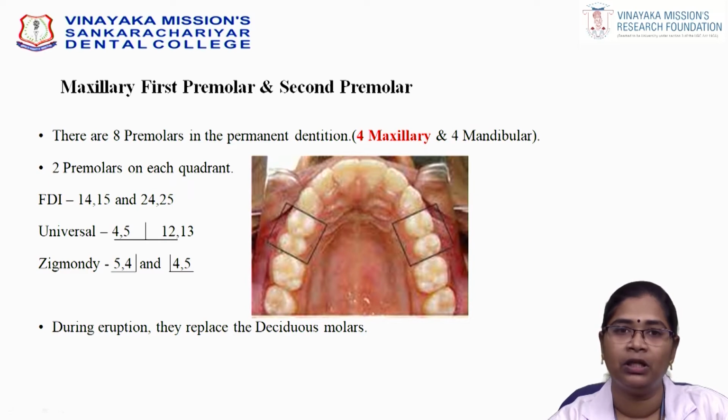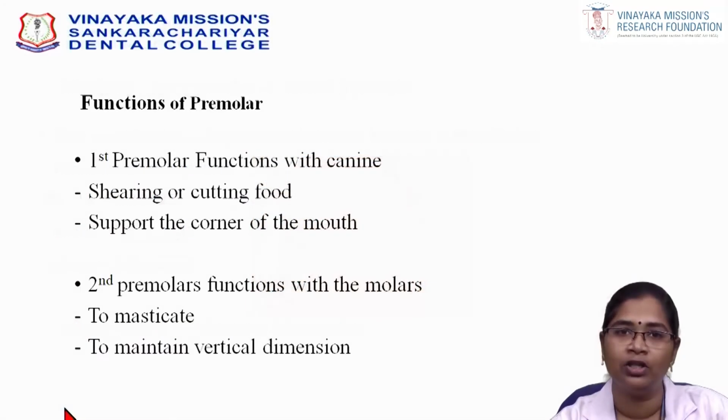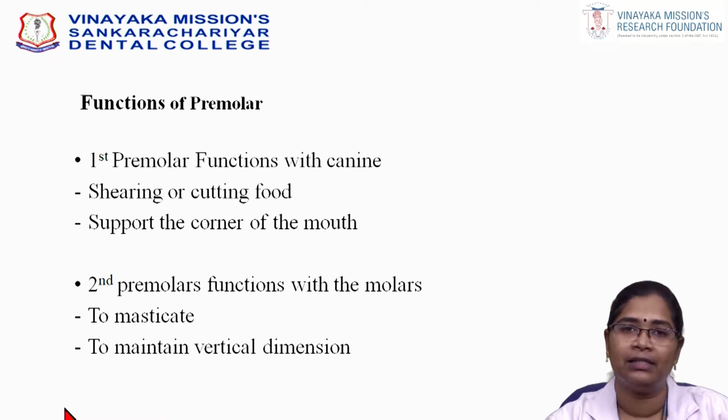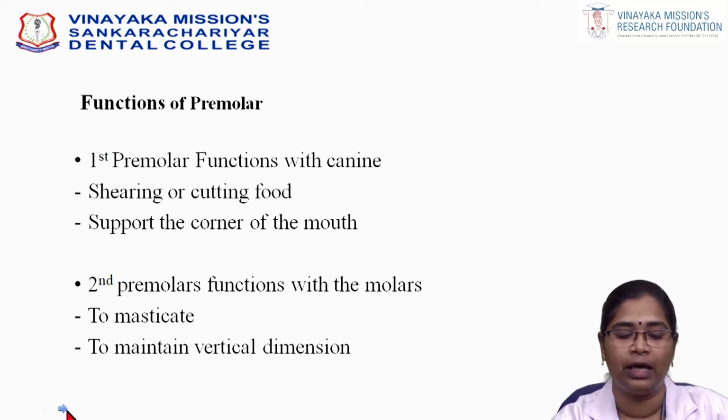During eruption, they replace the molars. As the premolars are not present in the primary dentition, the molars of the primary teeth are replaced by the premolars of the permanent teeth. Coming to the functions of the premolars, the first premolar functions like the canine because it is adjacent to the canine teeth. It functions like a canine in shearing or cutting the food and supporting the corner of the mouth. The second premolar has the functions of the molars for mastication and